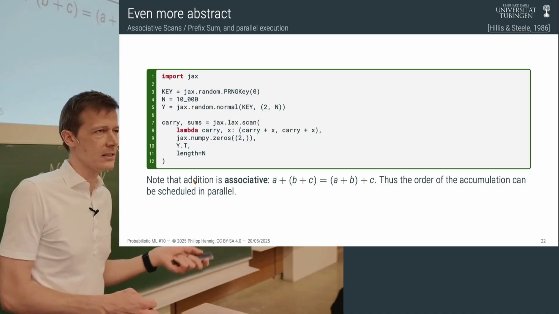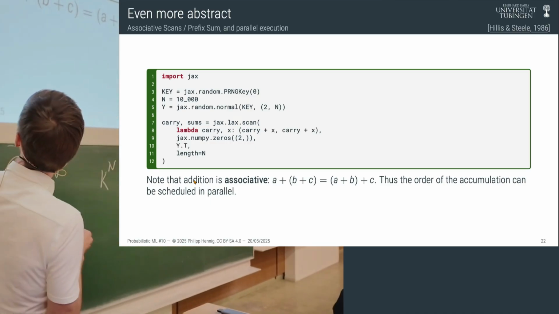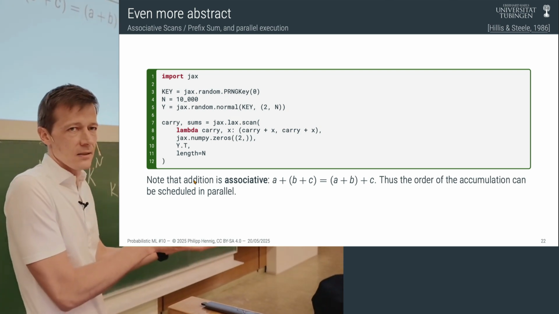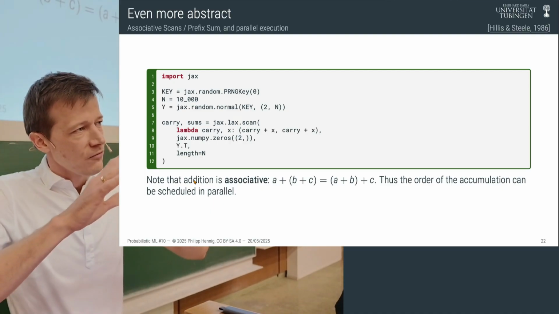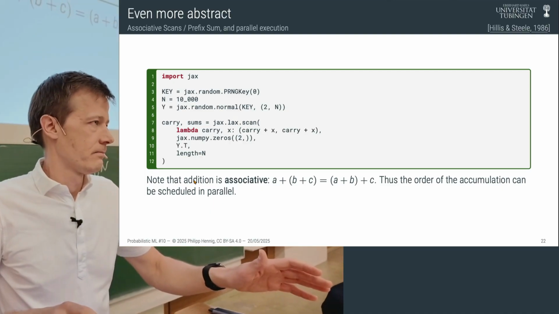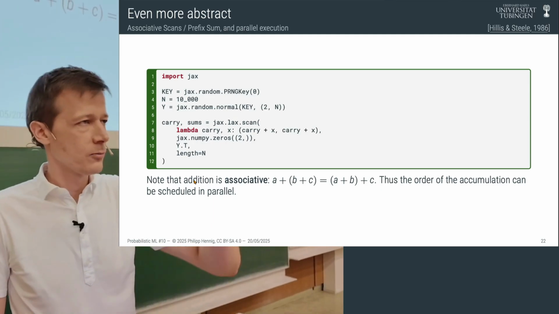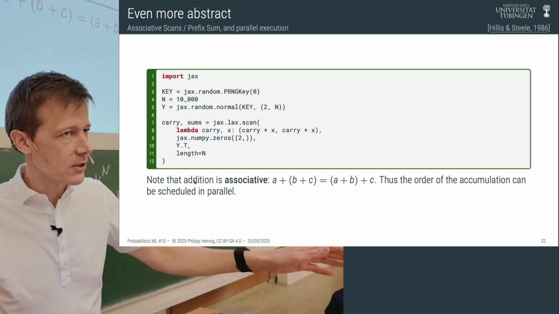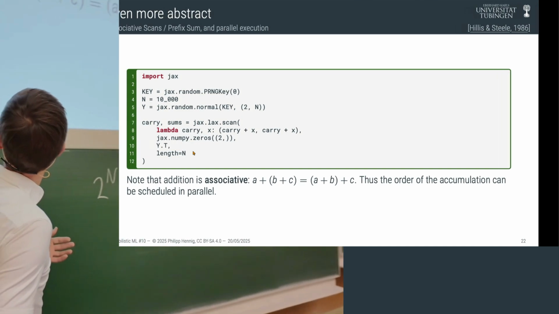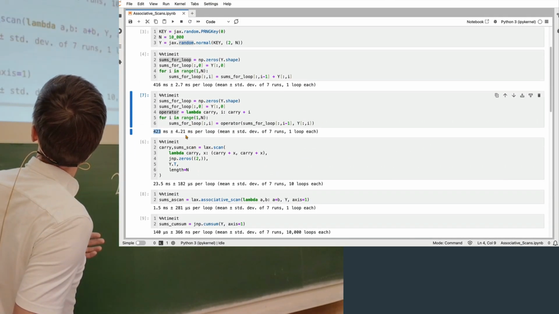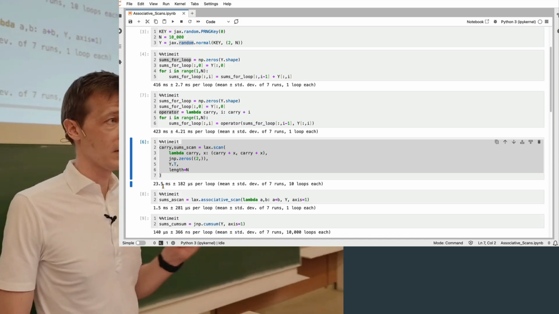So lax is this linear algebra accelerator in JAX. And I'm just telling it to do this map reduction, effectively. So what I'm doing here is really just a way of getting around Python. So this exact line is just a way to tell JAX that it's supposed to do a for loop with this local structure, and please don't call Python, right? So I'll do that here. This is this line. And now I'm down to 23 milliseconds from 423.